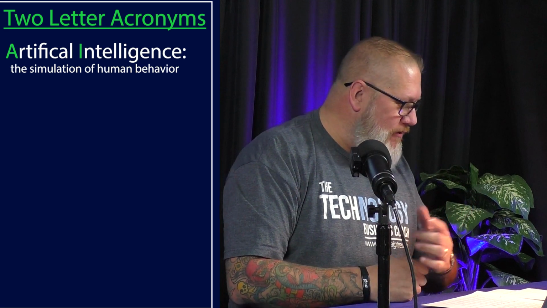So, in no particular order, I'm going to start with the 2-letter acronyms, because I think it's interesting that we have 2-letter acronyms, but if you actually wrote out the word 2, it would be a T-L-A. And so it's kind of confusing, right? First one, artificial intelligence. Why wouldn't we start there, right? Because everybody's talking about AI, artificial intelligence, the simulation of human behavior. That's the definition. So that's our first 2-letter TLA.